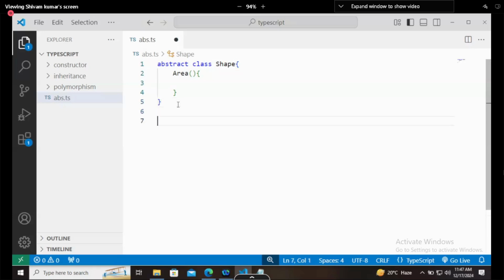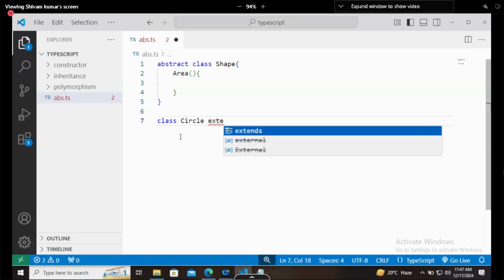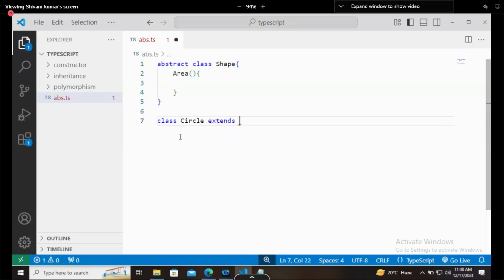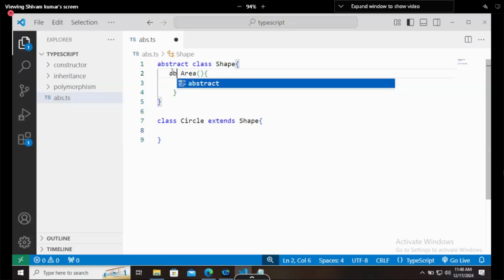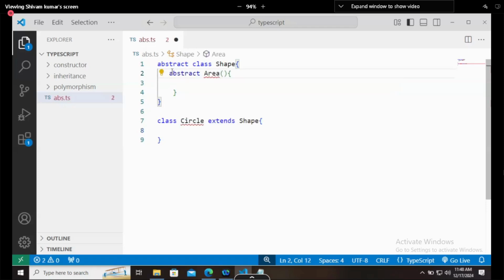That's it. Now let's say there is a class Circle which extends the Shape. This class Circle is extending the Shape. Now what if I create this area as abstract?